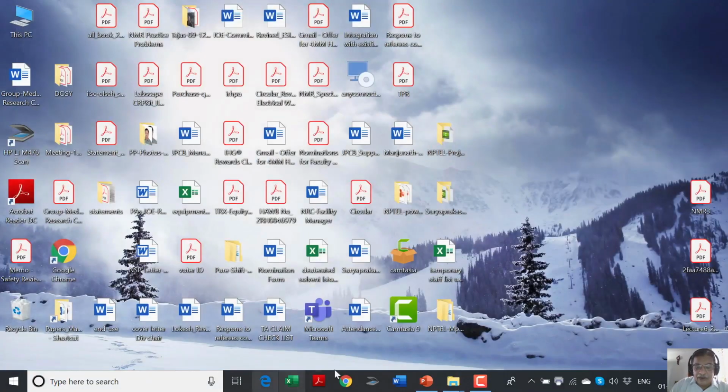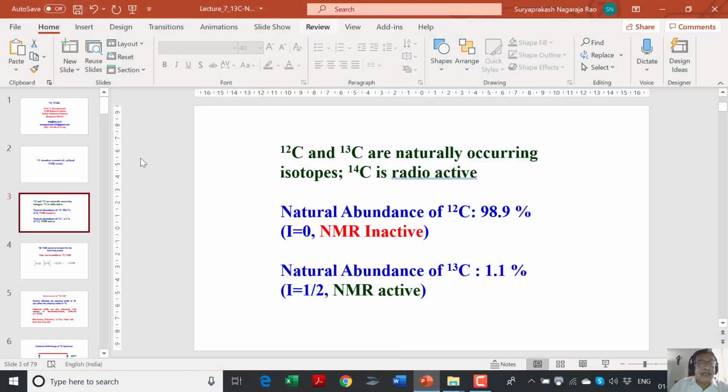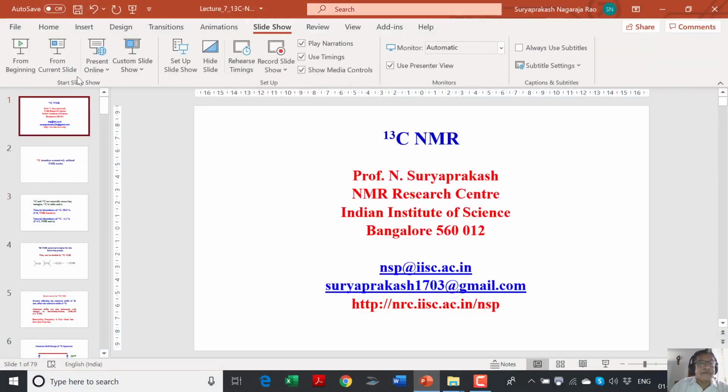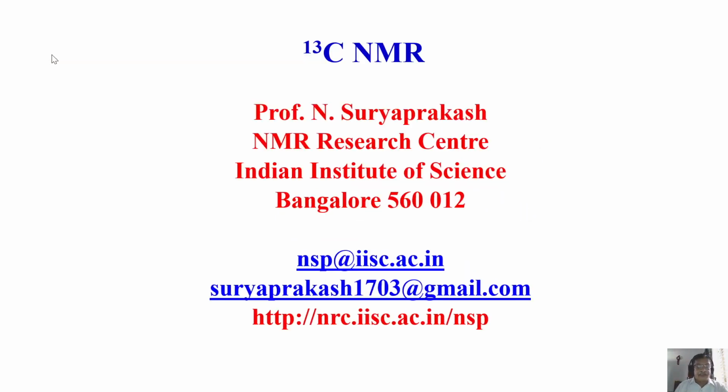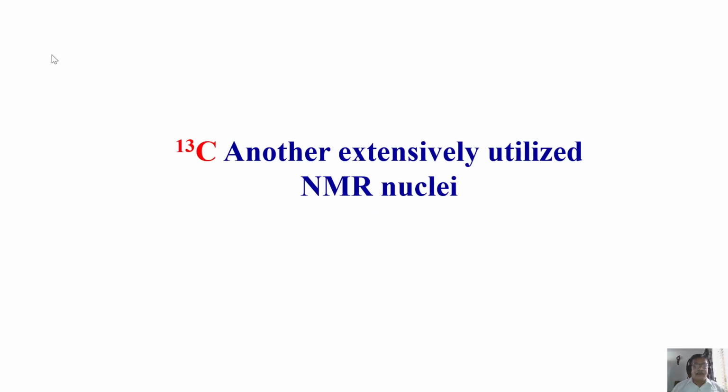the proton spectrum. Now I will go to the other one, that is analysis of the carbon-13 spectrum. I will start another nucleus. We will start here afterwards the analysis of the carbon-13 spectrum. Why did I take carbon-13? Because for chemists, especially organic chemists, carbon-13 is another extensively utilized NMR nucleus, because all your molecules contain carbon. I am not talking about inorganic chemists. They also have different exotic nuclei. We will come to that later when we do other multinuclear NMR. Now I am concentrating on carbon-13.